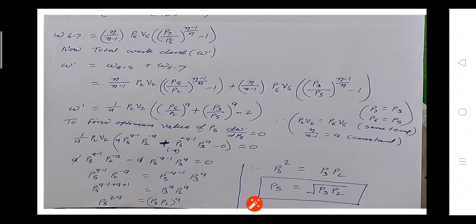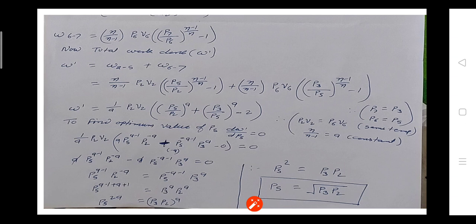You can take a common, that is P2 V2 equal to P6 V6, because at point 6 the temperature is the initial temperature, as I have told. That's why, from the ideal gas equation, P2 V2 equal to P6 V6 because of the same temperature. That is 1 by a P2 V2, you can take common because instead of P6 V6 I have written P2 V2, and I have taken P2 V2 common in the bracket, P5 by P2 raised to a,